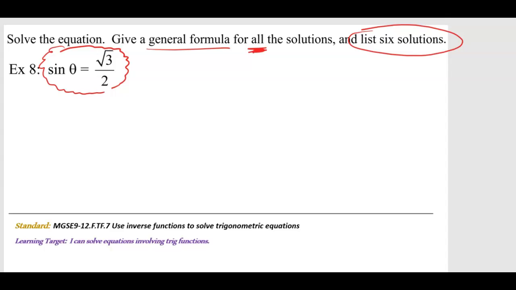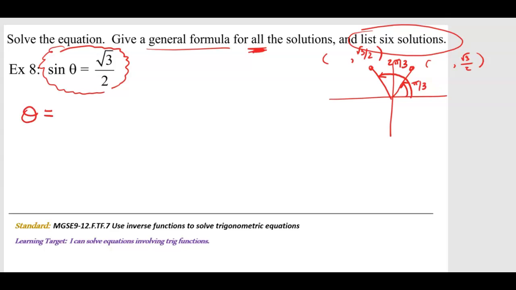Okay, so to build the general formula, we need theta such that the y value is root 3 over 2. Okay, so there are 2 angles for theta where that happens. One is pi over 3, and the other one is 2 pi over 3. So I know in this particular problem that theta needs to be pi over 3. Okay, so the general rule is